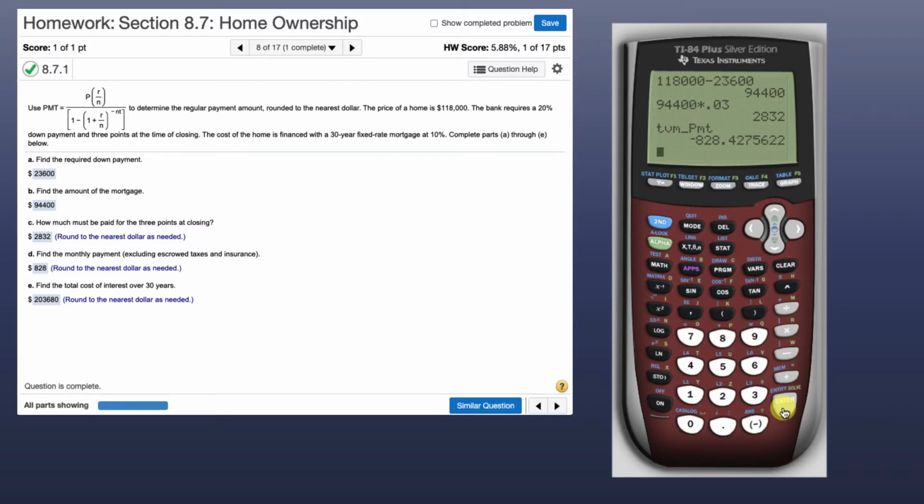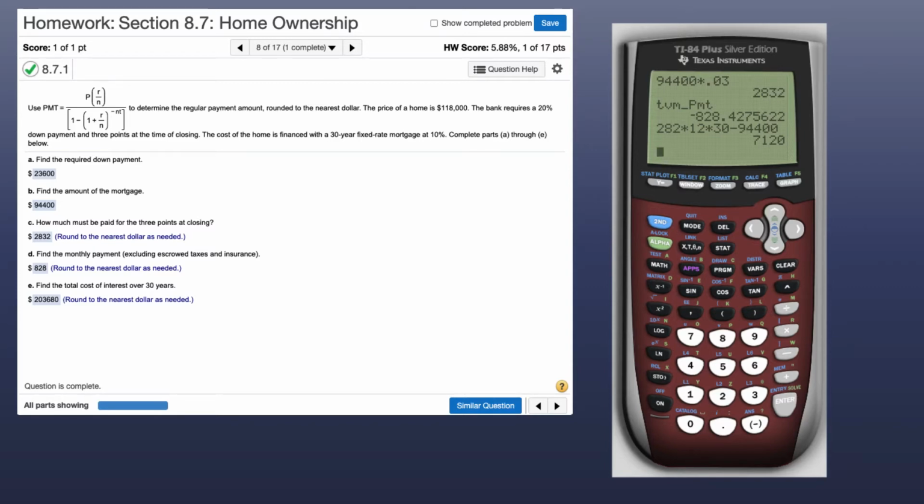Okay. Now, how much? I believe we asked how much interest we owe. So for total interest, now it wants us to use the rounded answer. So this bothers me a little bit on the homework problem, but it wants you to use the rounded answer. So I paid $828 per month, because I'm using the rounded answer, times 12 months a year, times 30 years, right? That's what I paid, but the loan was for what? 94,400. So if I subtract that off, that tells me how much oh,